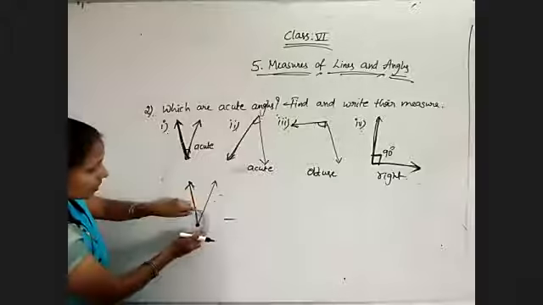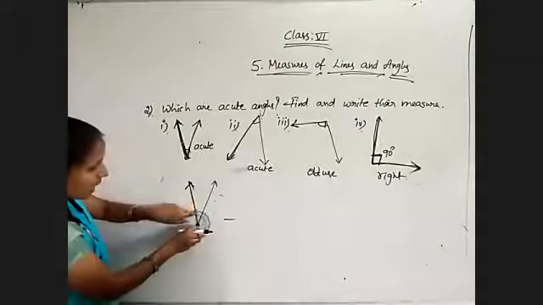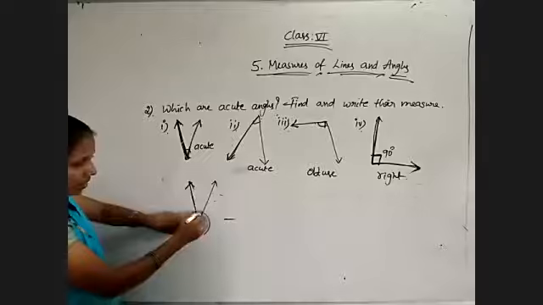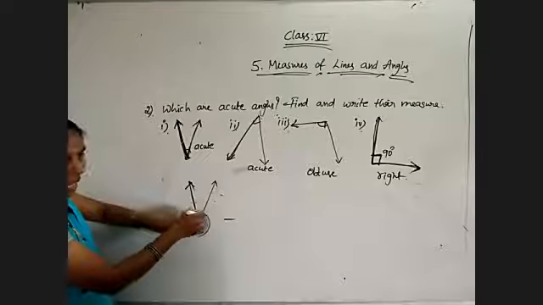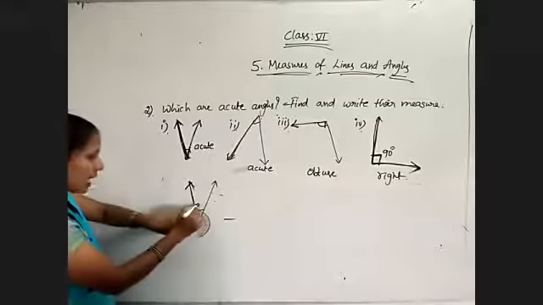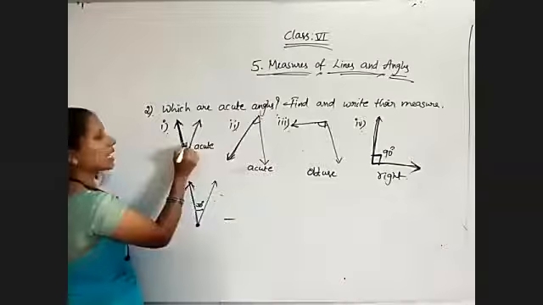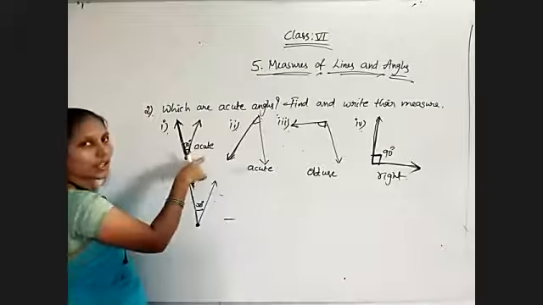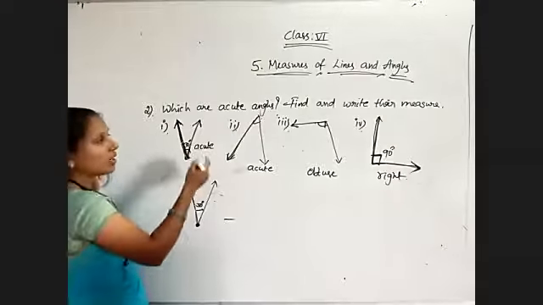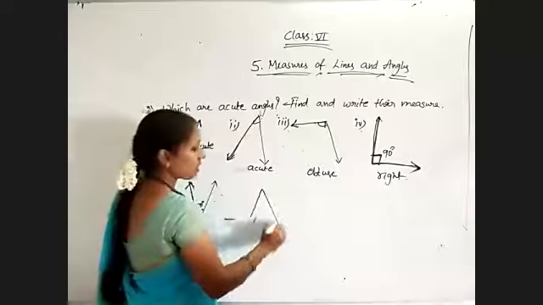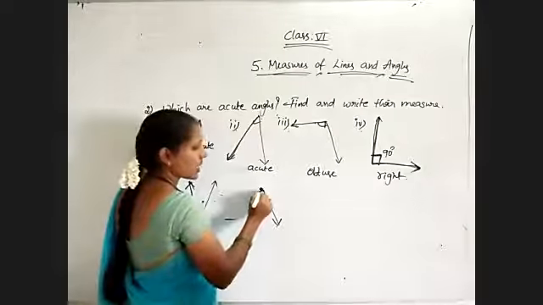Set your protractor at the vertex and the straight line on this arm. Now observe where the other arm is lying. In this question, my other arm is lying at 30 degrees. So this angle is 30 degrees. 30 degrees is an acute angle only. That's it. Now coming to this question. Here also it is an acute angle. But what is the measure? I don't know. For that sake, same thing.